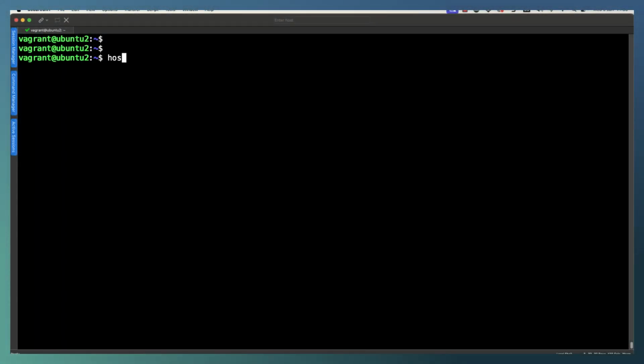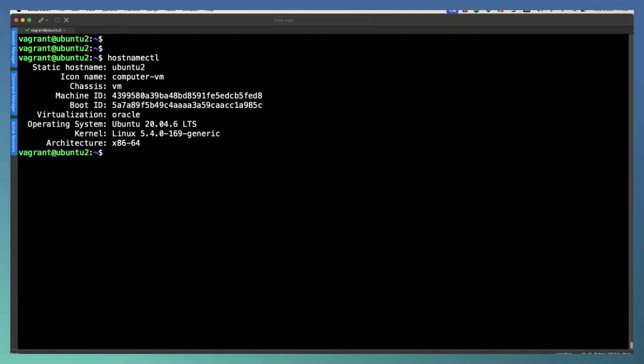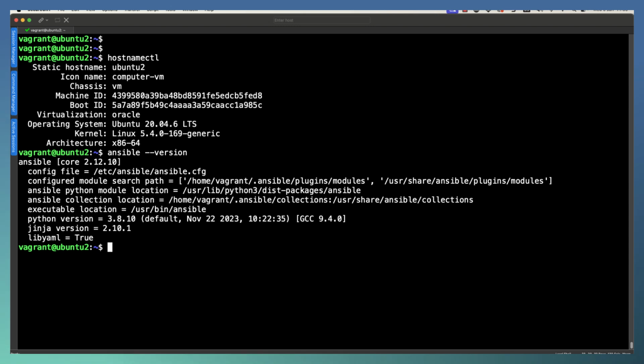And look at this, the glorious pixel playground of Ubuntu. But let's check hostnamectl and we can see this is in fact Ubuntu 20.04. And we're going to be able to go through and see how we can deal with different versions of Ansible. When we look on our main system, Ansible is already installed. And when I check the version, this is a later version of Ansible, 2.12.10. These are semantic versions, so it's not really 2.12.